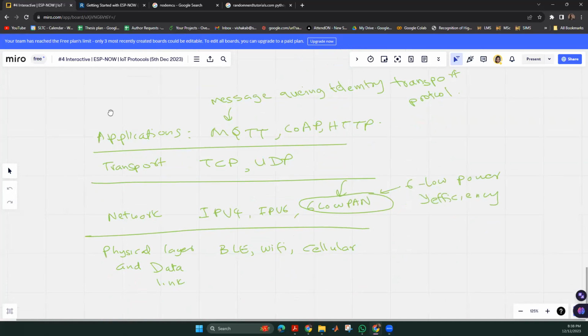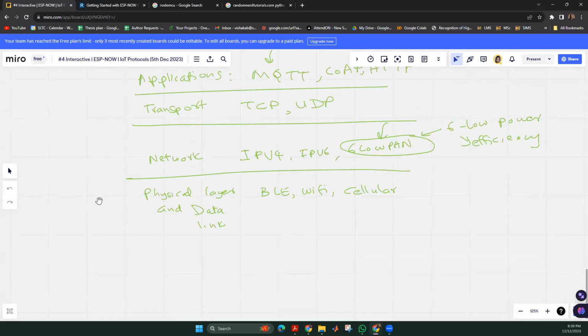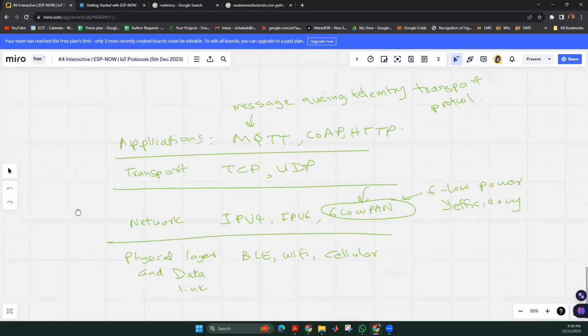We discussed in the last class the different IoT protocols that are used in IoT networks, and some of the protocols are used specifically in IoT scenarios. I believe we discussed some of the protocols in the last class in a general, global sense. Today we will discuss these protocols further to get a good understanding of the protocols that are specifically used for IoT networks, and that will help us implement the IoT project also.